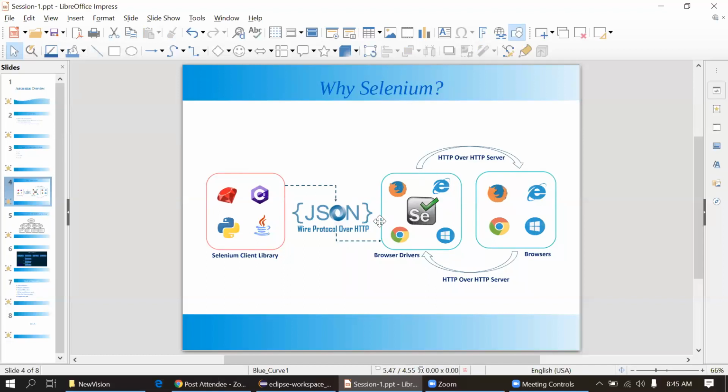It will work internally, so no need to think about the JSON wire protocol at all. Just remember it's something that happens in the backend. We are not worrying about this part. This is the internal implementation of Selenium.